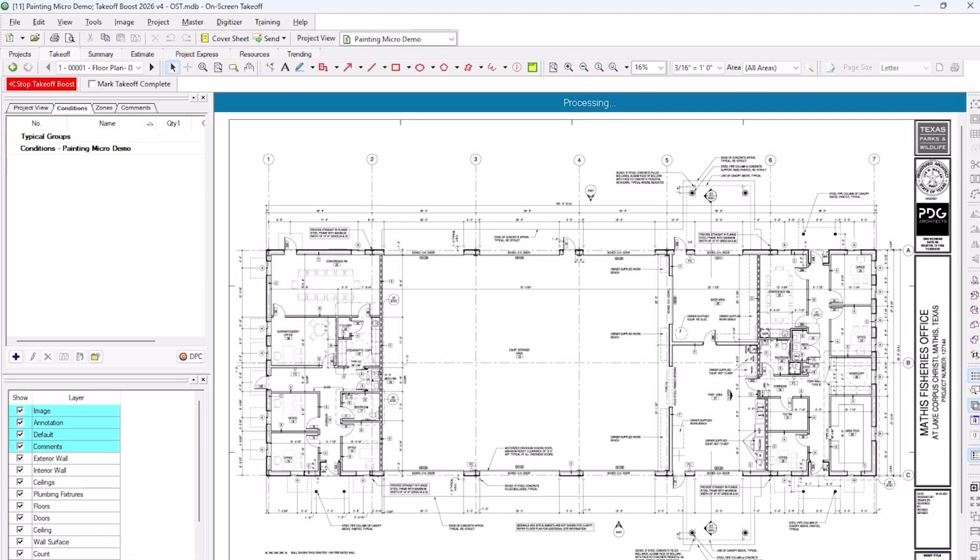Once Takeoff Boost completes, it will put the conditions back into on-screen takeoff for you to then modify and make adjustments as needed. You'll notice that I don't have any conditions in my condition window because Takeoff Boost is going to create those conditions for me. Typically it takes 30 to 45 seconds for Takeoff Boost to run, and then I'll have those results back in on-screen